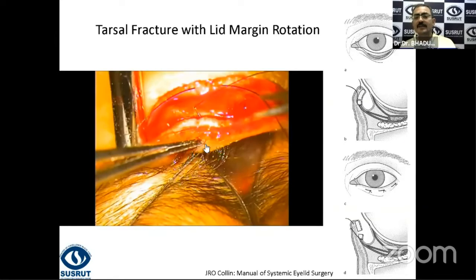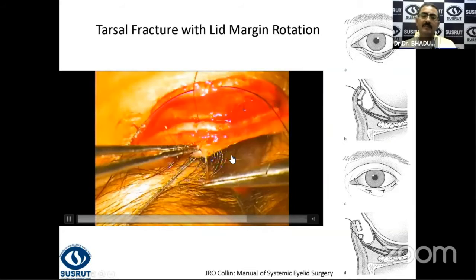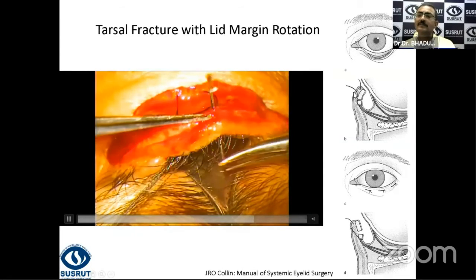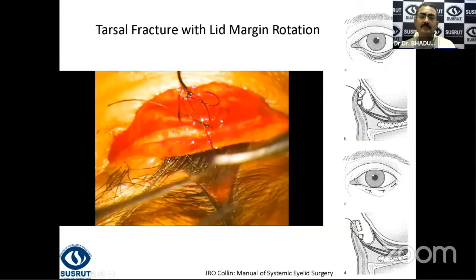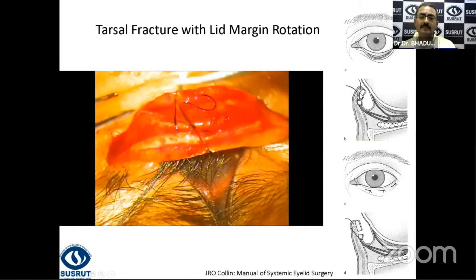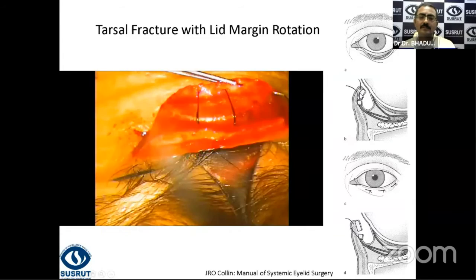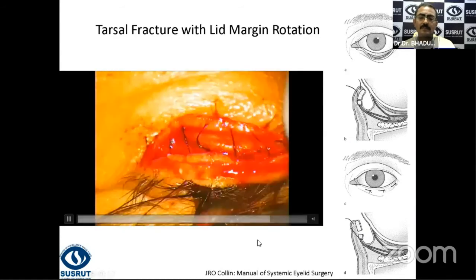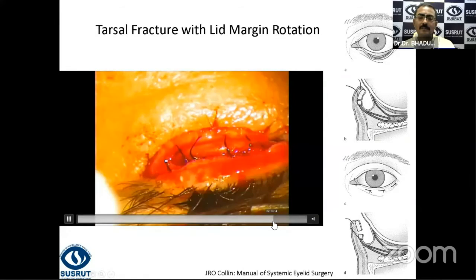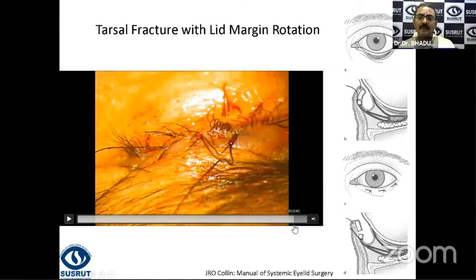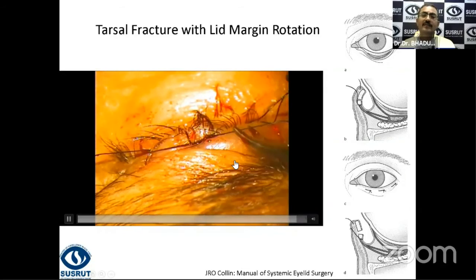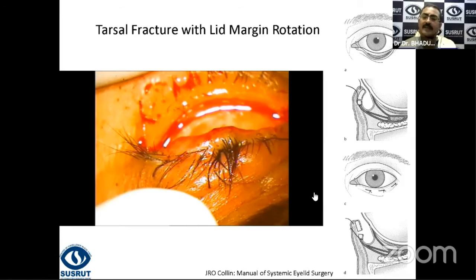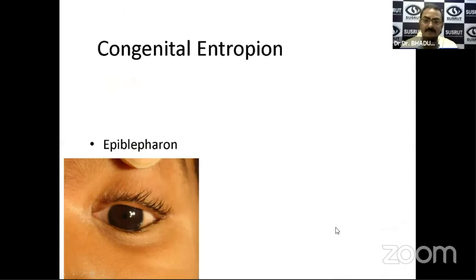This suture emerges just a little above the lash line on the skin surface. Okay, so once you've done this, you just tie these sutures tightly so that you achieve an overcorrection. In this particular surgery, you aim for an overcorrection.